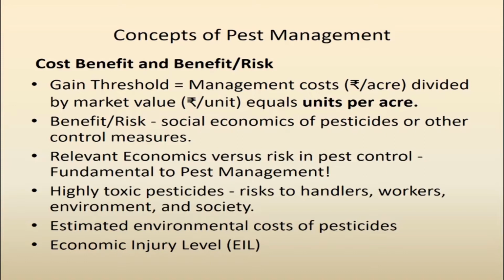And the gain threshold has to be worked out, which is equal to the management cost by the market value. The benefit risk ratio has also to be worked out. What is the quantum of damage which is inflicted to the environment by the application of a pesticide? Because pesticides are two-sided weapons. On one side they will control the insects, on the other side they will contain the